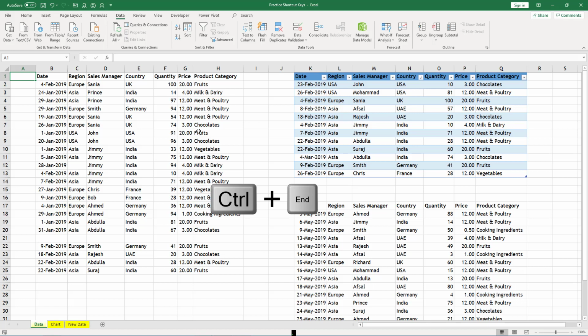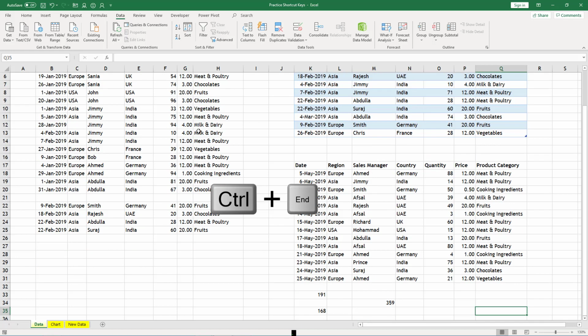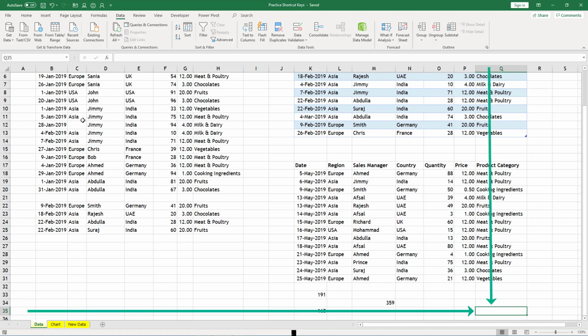When I press Control End, it will take me to the last cell of the worksheet. Now the last cell does not mean the 1 millionth cell. The last cell is the intersection of the last used row and last used column.